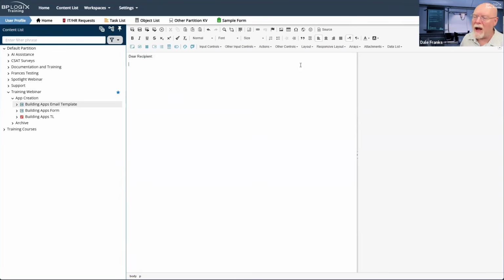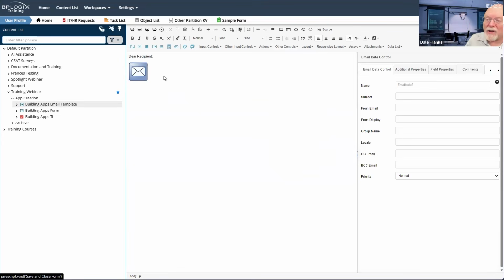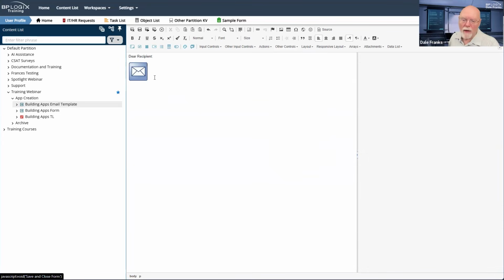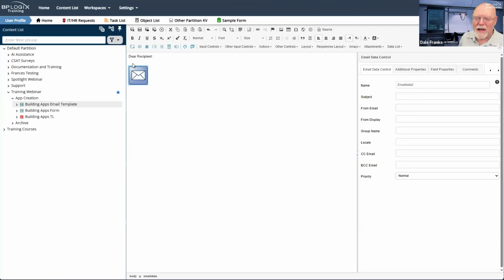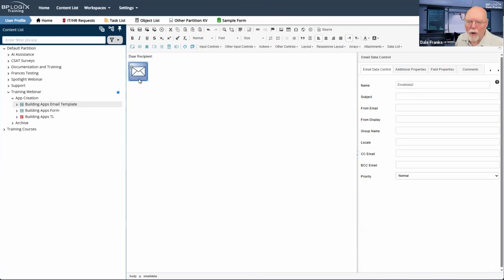So I could just have, let's go to other controls here, and let's throw in our email data control. I can just have a single email data control, and then I can just place all of my messages. I was about to say after it, I think I'd place my messages up here at the top, before it, and I would just have this email data control just kind of hanging out here at the bottom of my form, and it would be a single email data control. And that works, assuming that you genericize it properly.